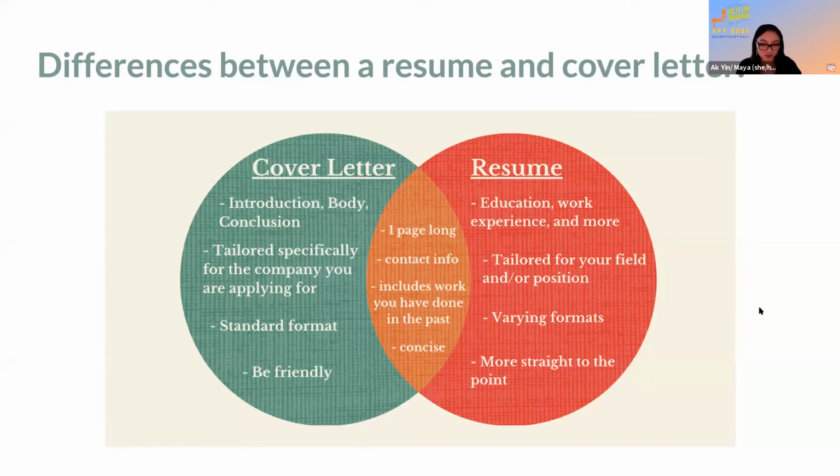Awesome. So I made this little Venn diagram about cover letters and resumes. Since we have about 10 minutes left, I will be going through it a little quickly, so please bear with me. So this is cover letters. You need your introduction, body, conclusion. Again,